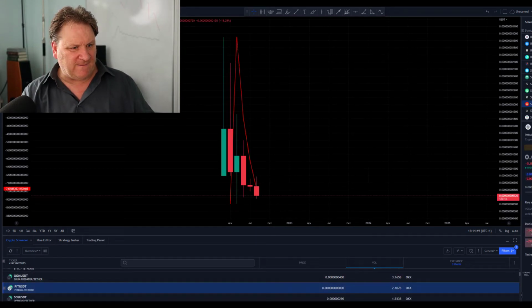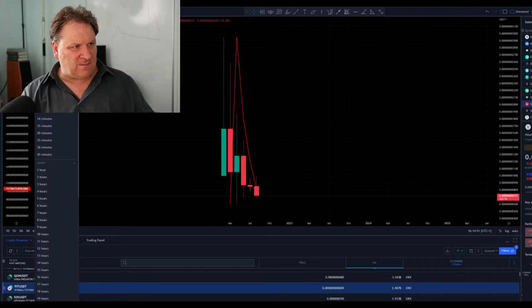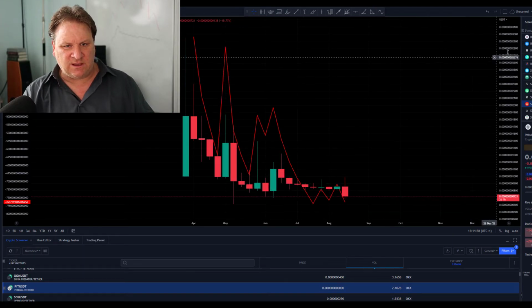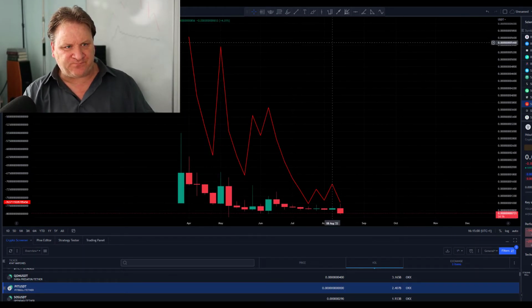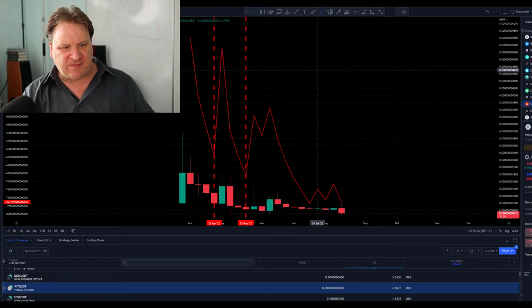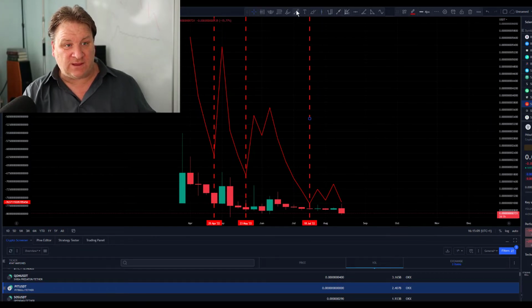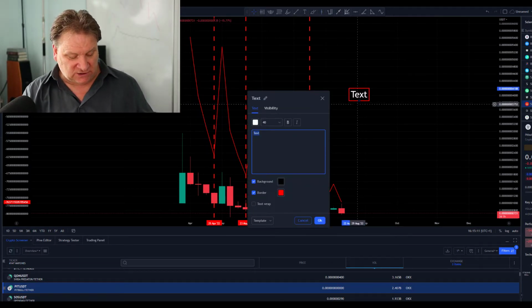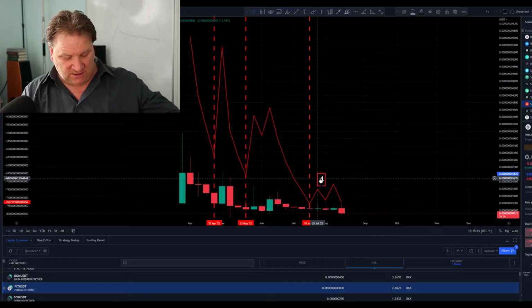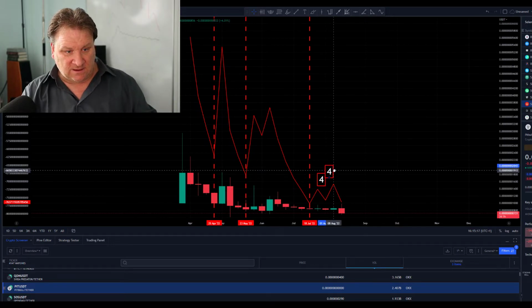Pit. Again, let's come down to a week on this. Let's just have a look on the week time frame. Oh, again, another very interesting one. Okay, so what does Newton's Wave tell me here? Well, it tells me that the first bear phase ended there, the second bear phase ended there, and the third bear phase ended there. Now this is interesting. This has actually done four down, which is the horseshoe, and it's actually done the second one down as well,